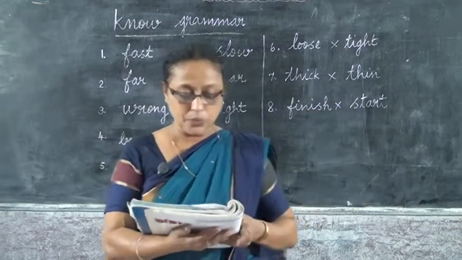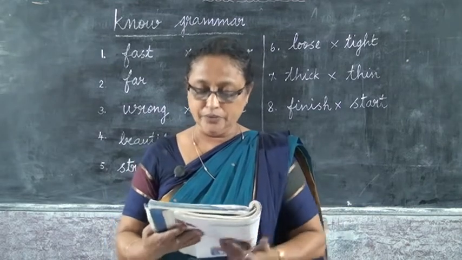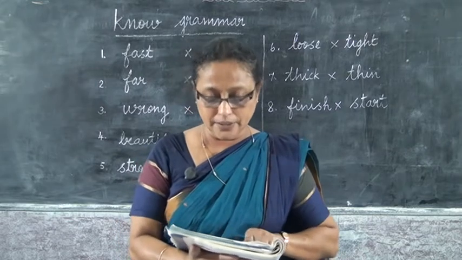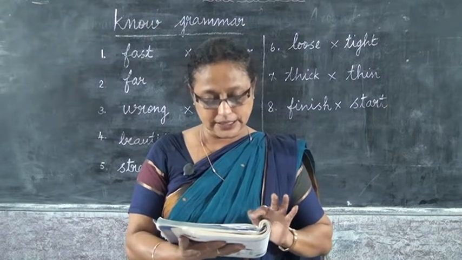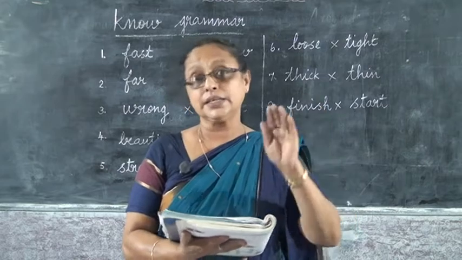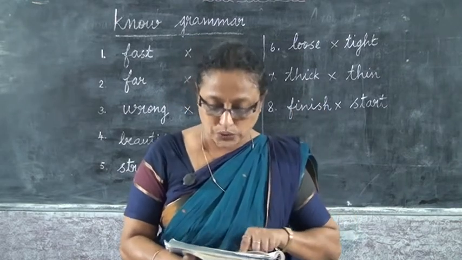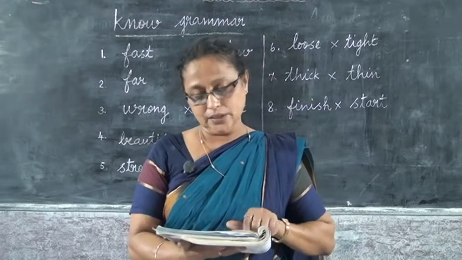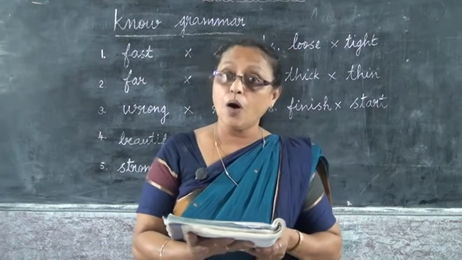Next I am going to take H. Which is the most suitable word for each picture? Choose words from the box. In the textbook, you are given the box words there. So all of you look inside that. In the first picture, you are given a tall tree there. So dash tree, it is written there. What you have to do is choose the right answer from the box. Dash tree. So what is the right answer? You can see a long tall tree is there. So you can write it as a tall tree.